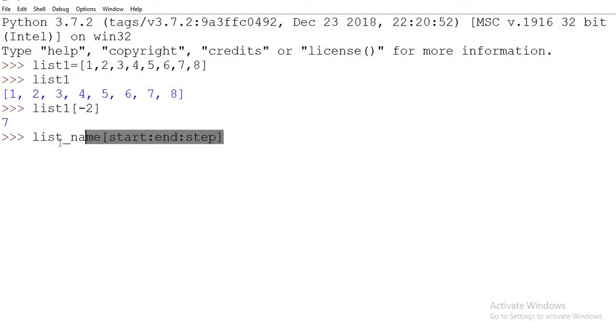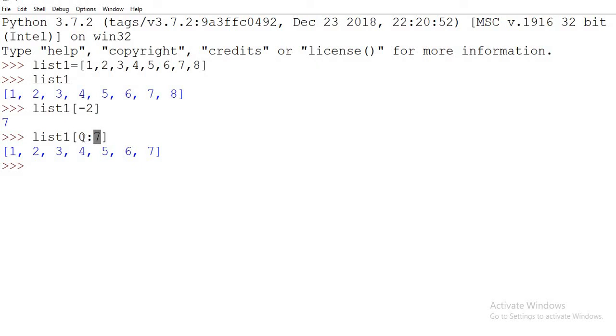Now here my list name is list1. So if I write it, I'll start from the 0th index, I'll continue till the 7th index, and I'm not going to give any kind of step. Then by default the step size will be 1, so it will print the entire list up to 6.